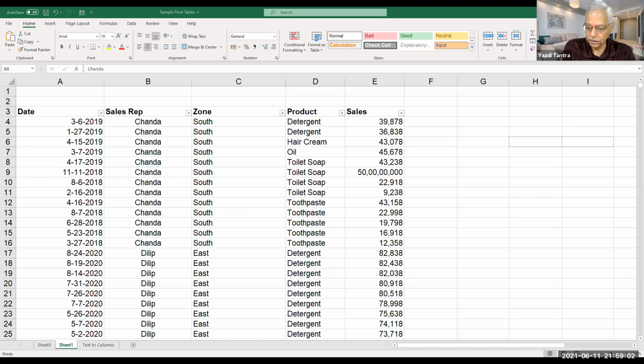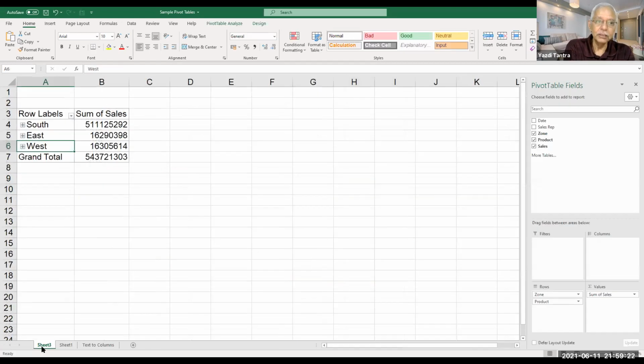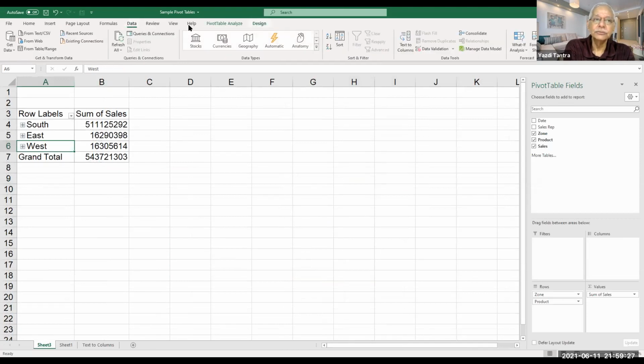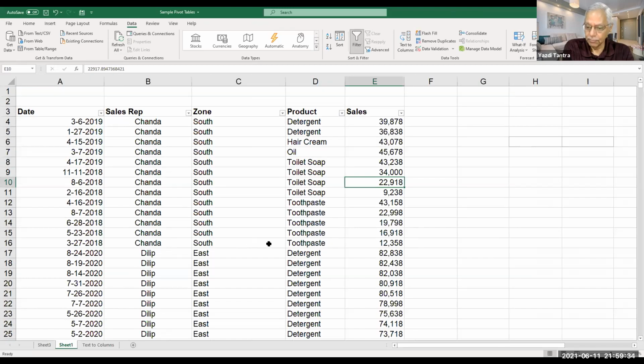So now you can go and show off to all your friends how well you know pivot tables. It's absolutely simple, right? Just say insert pivot tables, and there you have it. And just put some normal figure here. Go back here, see what happens. I go to data, I say refresh all. Okay, now it is looking normal. Okay, any questions?